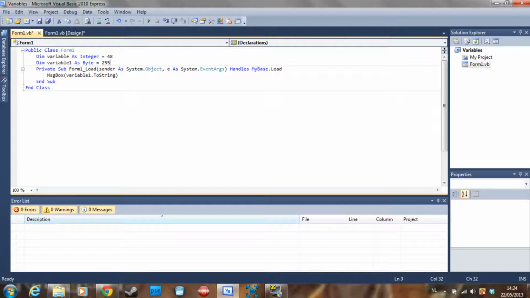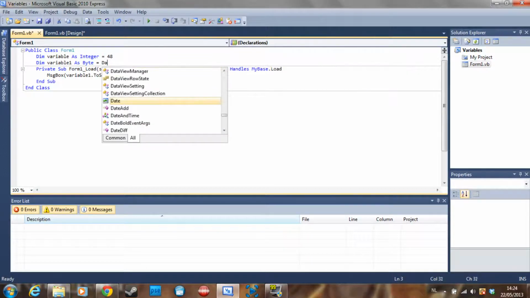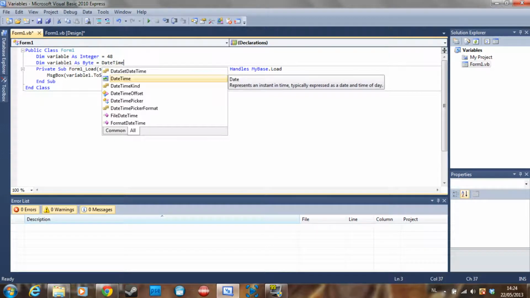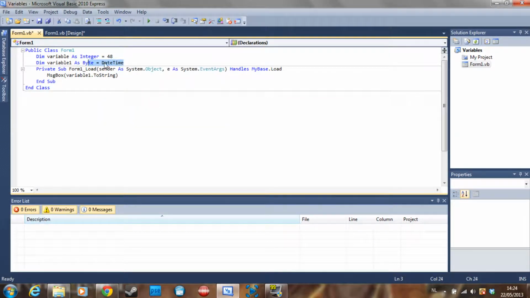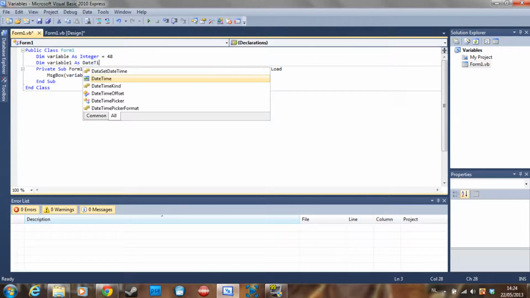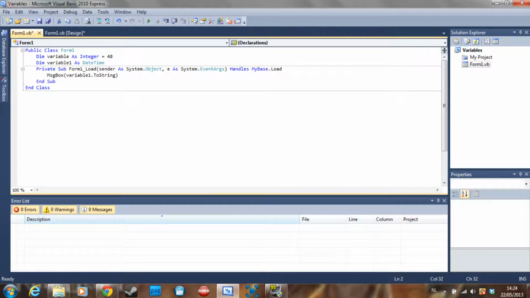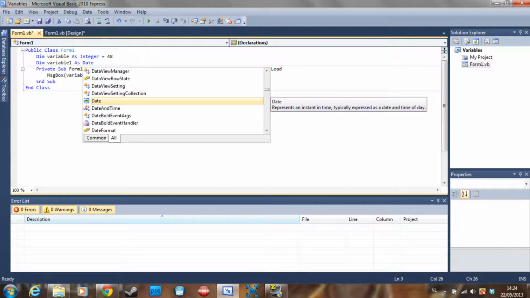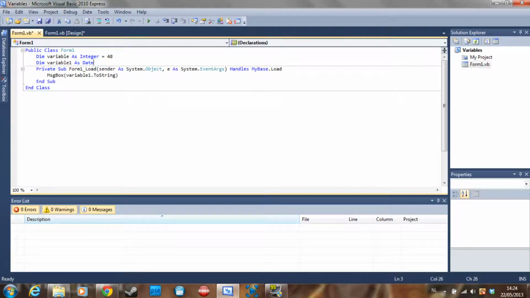So that's a pretty important number that you might want to keep in mind. Then we also have date time. Date time as so. And if you really want to get a date in there, let's use date now, because date time is the type, but it is either date or time. So let's declare variable 1 as date, and then